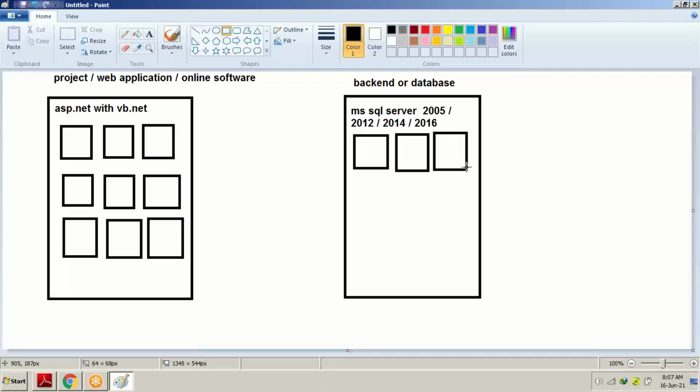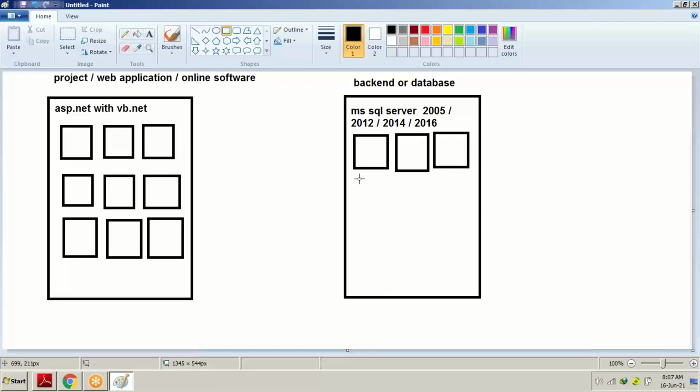Now the third table which we will design will be the progress report, the information which a student gets after exams. Suppose Rishabh, in first year, first semester, in English got 50 marks. In first year, first semester, in Hindi, he got 20 marks. That kind of data. So in a database, there are many tables.